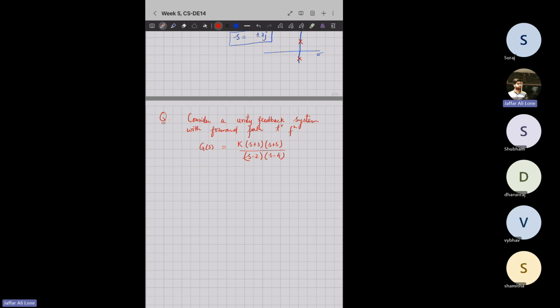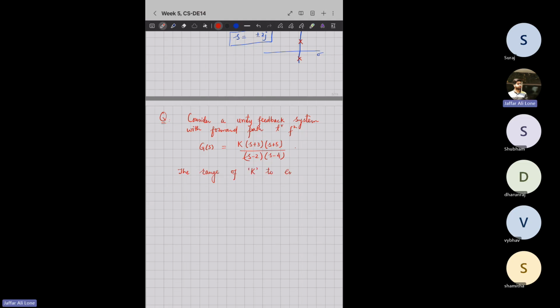So this is my forward path transfer function. There is a K and some poles and zeros. The question is the range of K. These types of questions you also get in GATE. The range of K